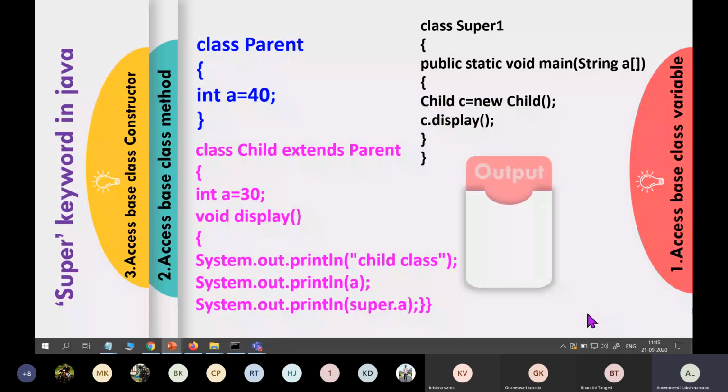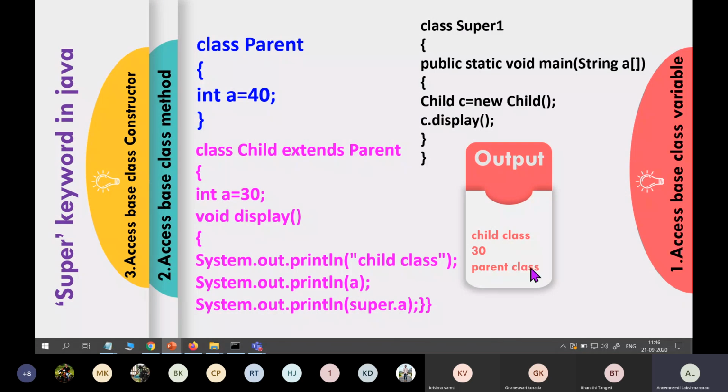Next, coming to the second one, what is the output of this program? First it displays child class, for this statement. And in the second statement, 30 is printed. Why 30? Without super, it only takes the child class variable. Even though both have the same name, it gives preference to the child class. So that's why 30 is printed.